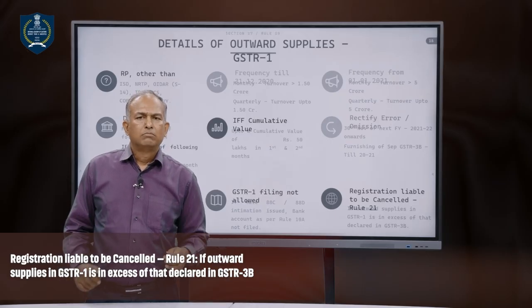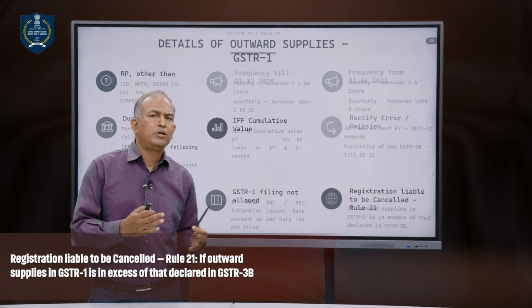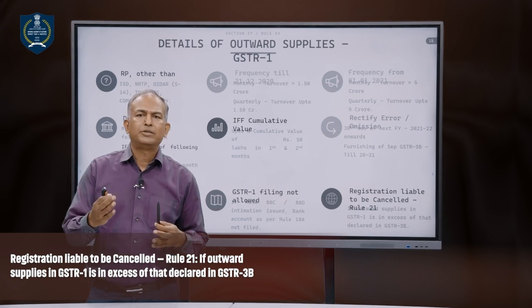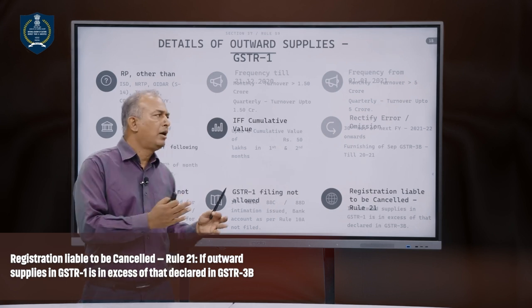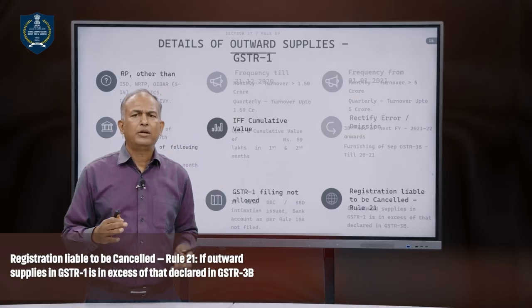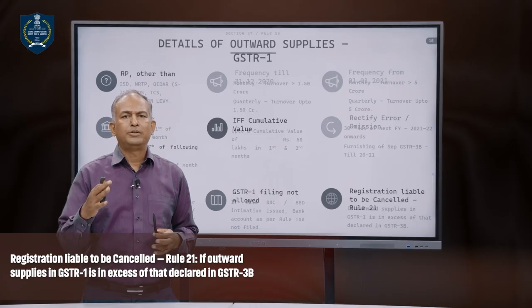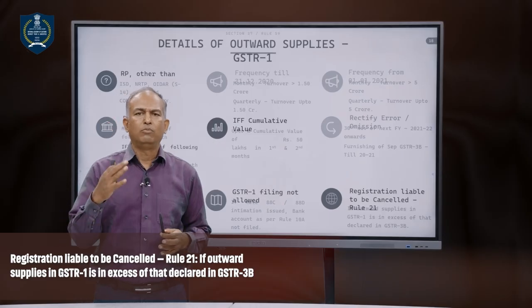Now, GSTR1, if you want to read a little more about it, I've just tried to put down the points that are there in section 37 and Rule 59 in this particular slide, but my focus is not with reference to this particular information. I've always believed that when you do a session, especially something to do with a GST topic,